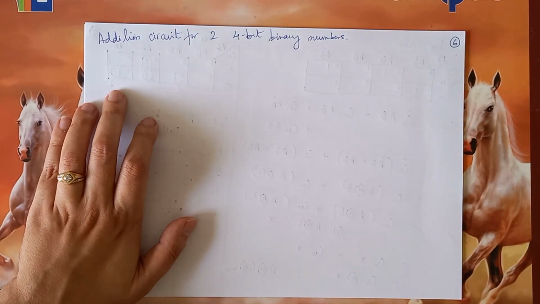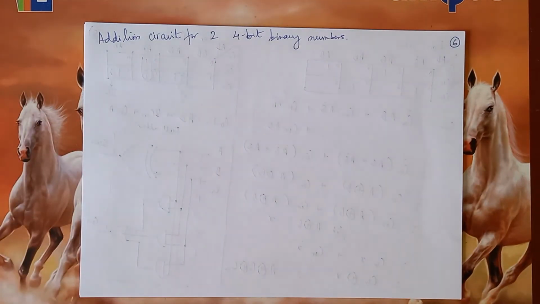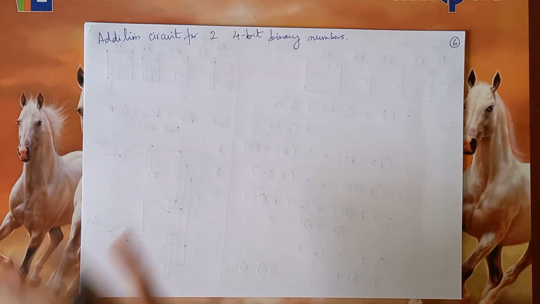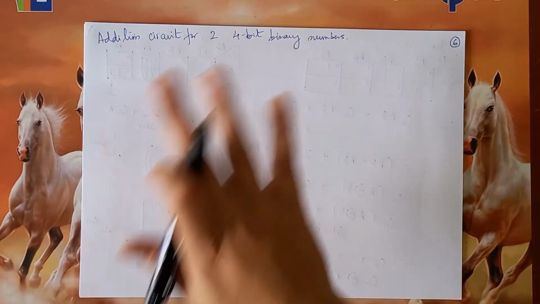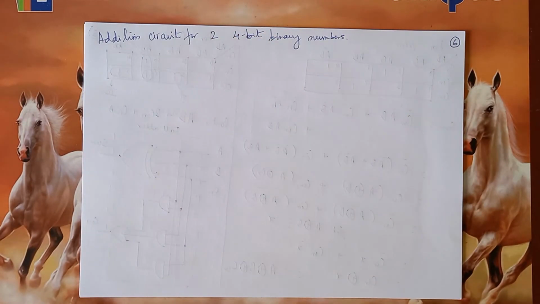So let us say I have two 4-bit binary numbers and you are given a task of designing a circuit to add those numbers. Alright. So now your job as a designer will not be easy. Those 4-bit numbers could be anything. You cannot play safe and say, okay, let us assume that there will be no carry generated. You cannot think like that, because if you are given the task of designing an addition circuit for two 4-bit binary numbers,